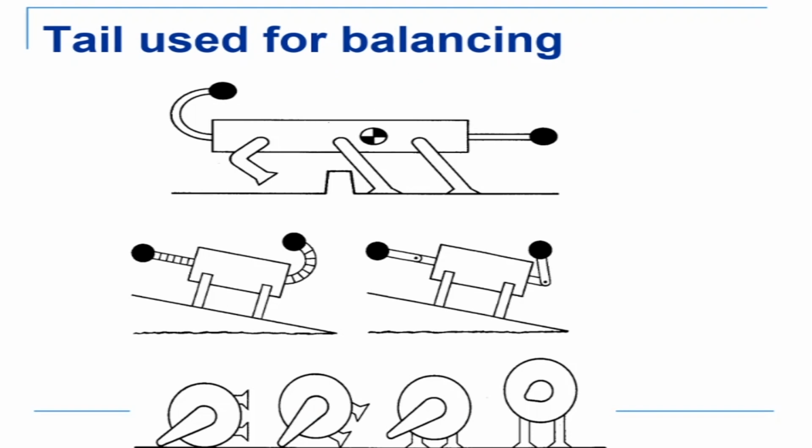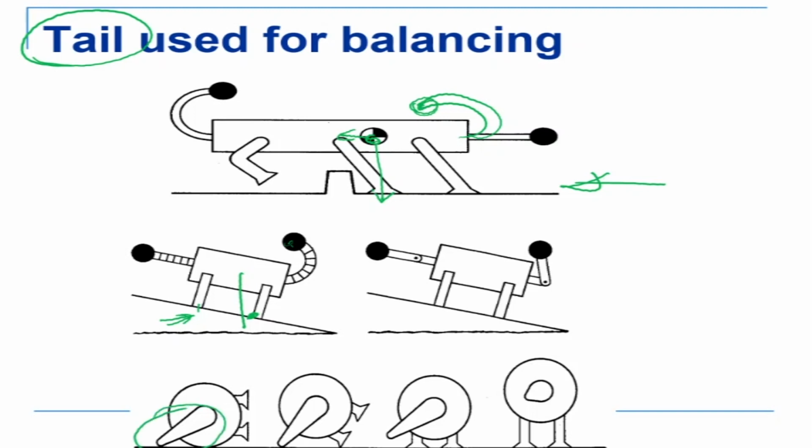Now, very interesting to note, tail can also be used for balancing. Some insects have tails. For example, you can look at this figure here. So when it is climbing up, what is happening? This is my CG. So the CG has to be on the support. What it can do is swing its tail up, so that the CG is moving forward. In this particular case, if you see, it is standing such that the effect of the tail is to bring the CG inside the foot support polygon.